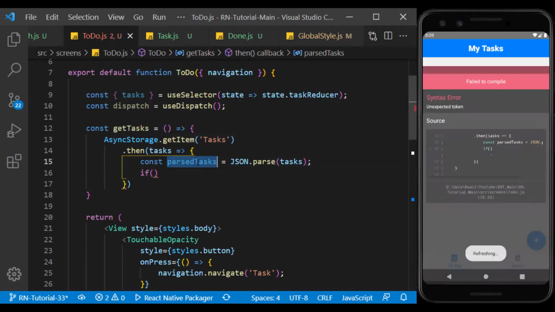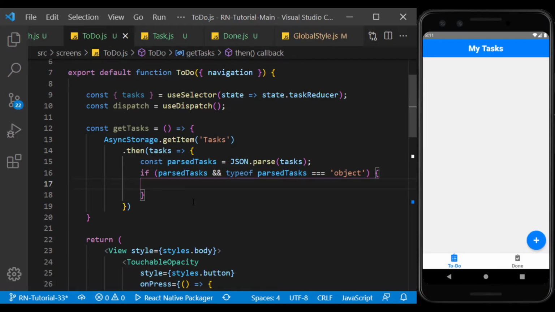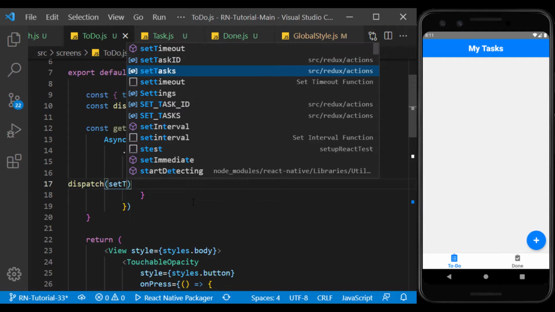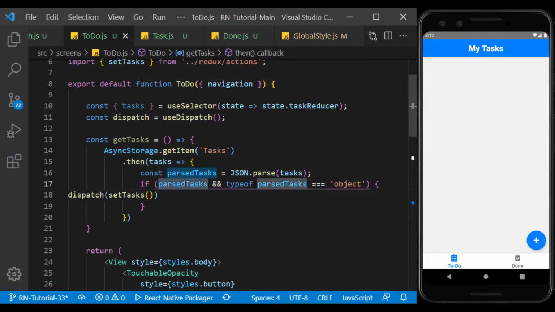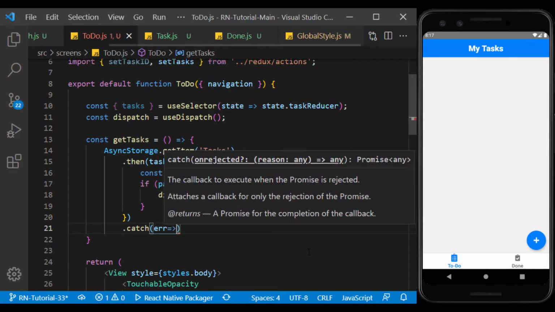Now, if this value existed and it was an object type, we can store it in the state. Finally, if an error occurs, we display it on the console.